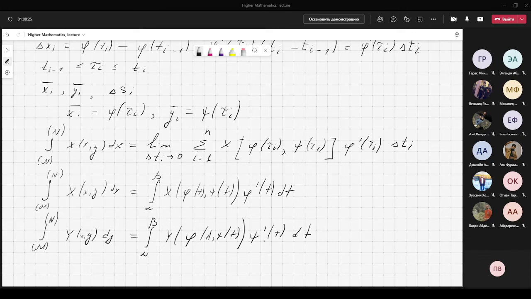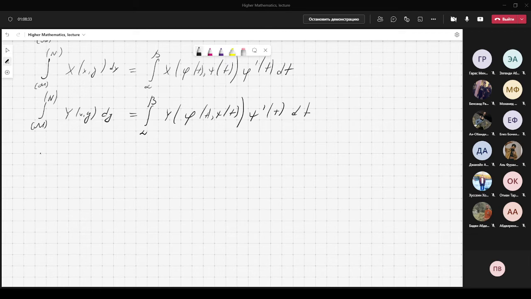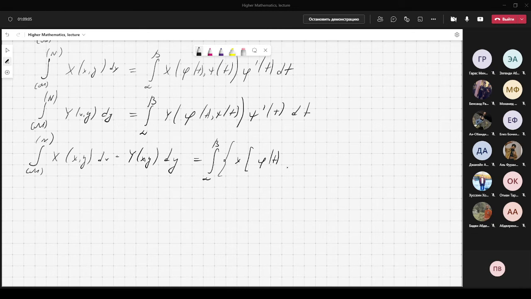And adding these equations term by term, we obtain that the integral from M to N of x(x,y) dx plus y(x,y) dy will be equal to the integral from alpha to beta of x of phi of t, psi of t plus y of phi of t, psi of t